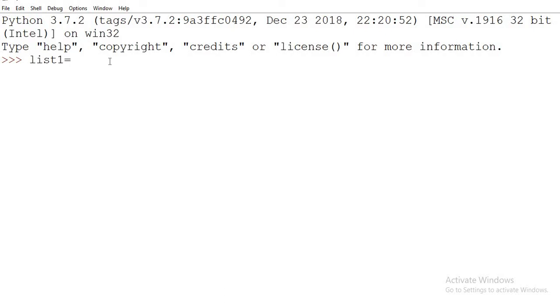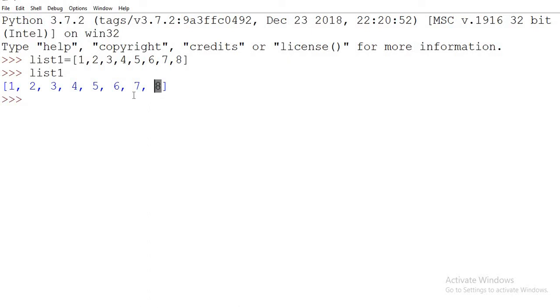list1 is equal to, so we did it in case of string, when we read string. Whenever you are assigning values in a list, it should maintain an index. Let me just print list1. Yeah, it will start from 0 indexing and it will end at n minus 1. So the index of that 1 will be 0, index of that 2 will be 1, like that it will continue till 7, because the index of that 8 will be 7.